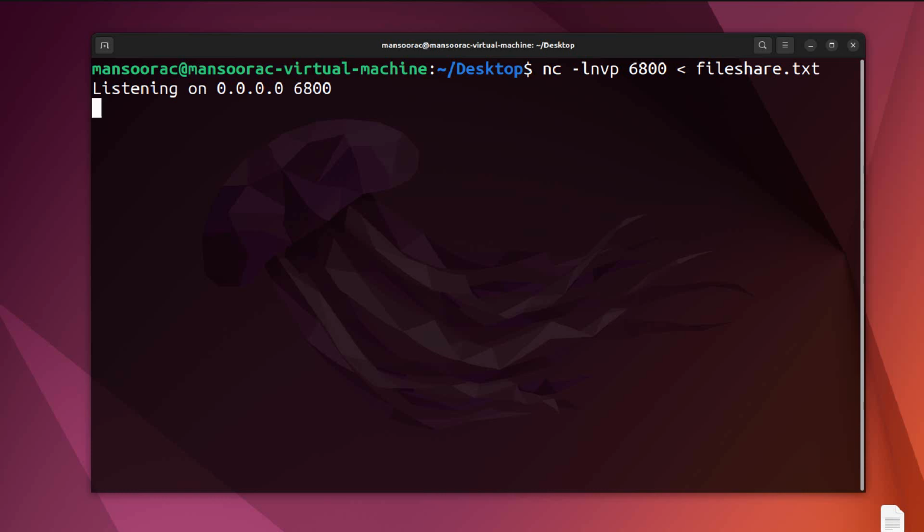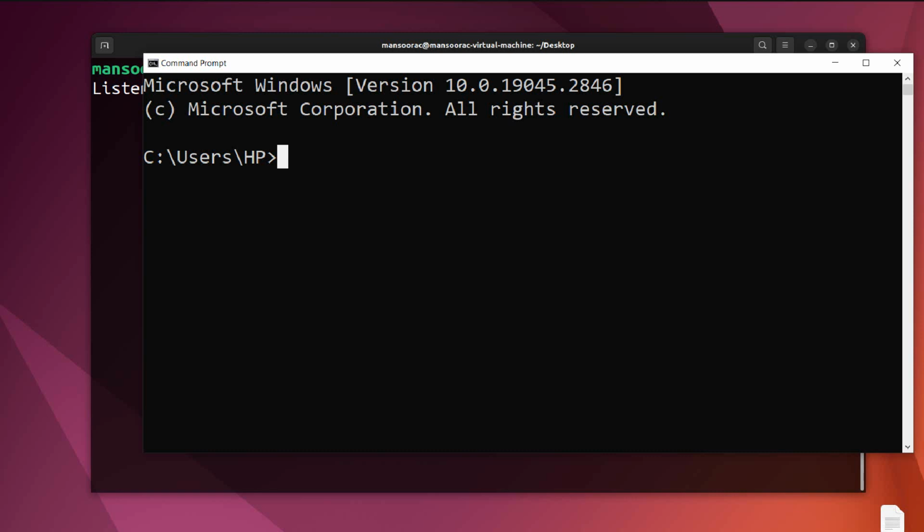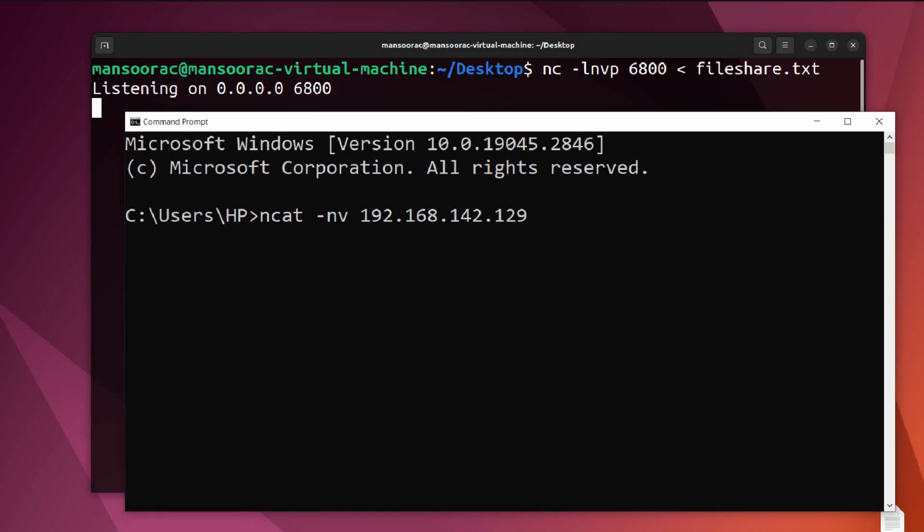So now we have put this file in sharing mode through this server. Let's go out, and here on the other machine we'll use Netcat, and now we provide the flags nv, only nv, and then provide the server IP, 192.168.142.129, that's what I have already sorted out, and provide the port number. We assigned the port number 6800,